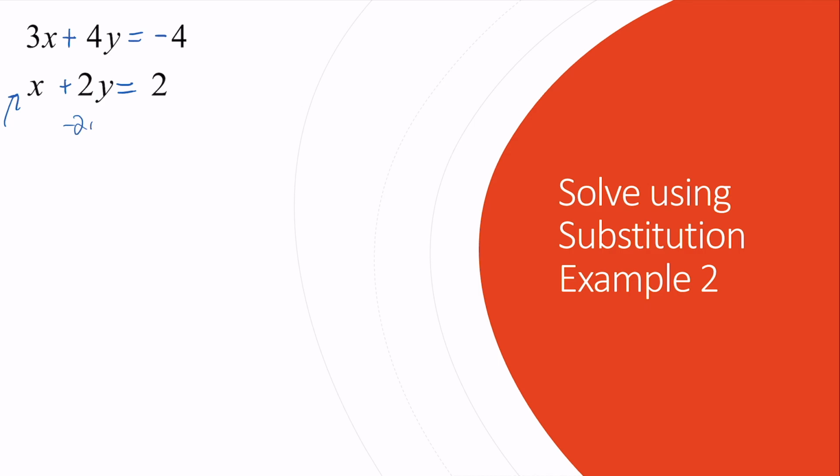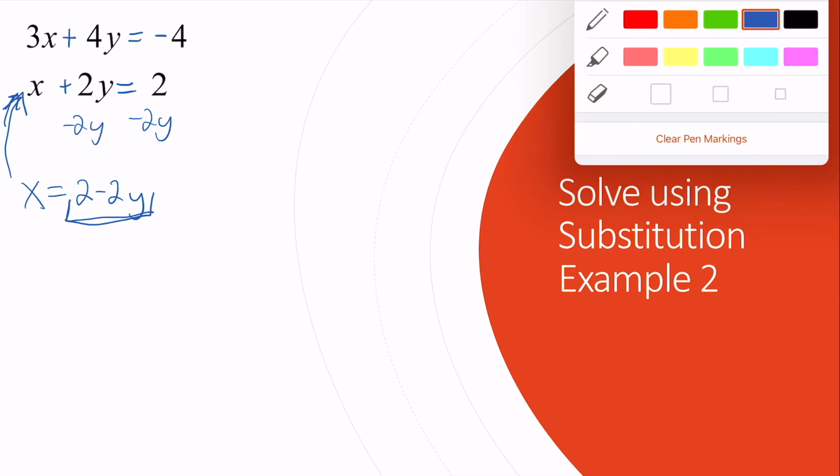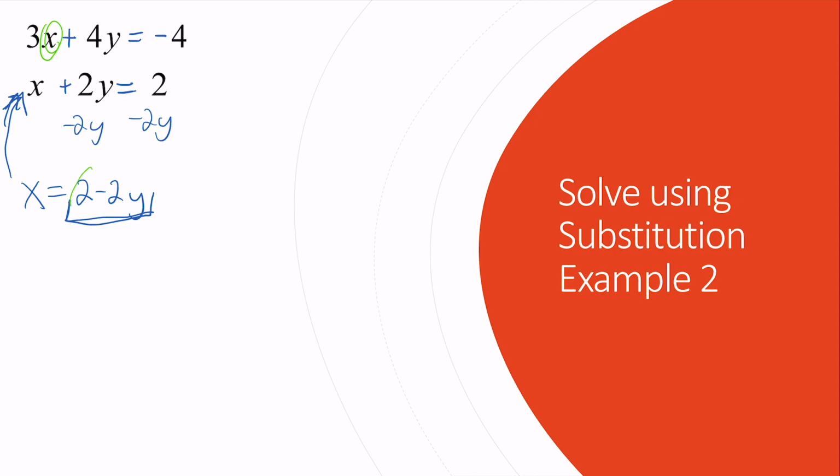I'm going to subtract 2y from both sides. I've got x equals 2 minus 2y. That's my new equation, and it's equivalent to what I had before. I can now substitute this in for x in our first equation. I'm going to substitute it in here. So I would have 3 times 2 minus 2y plus 4y equals negative 4. And I can go ahead and distribute: 6 minus 6y